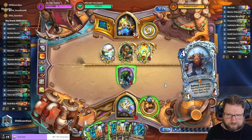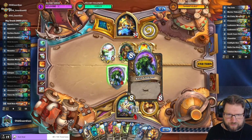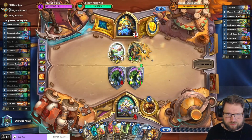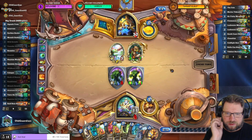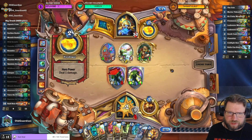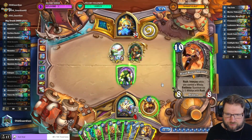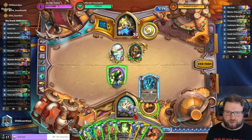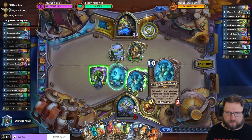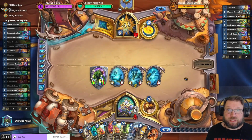Look at that. My hand is overstuffed. We do Scales there. We'll kill that one, I guess. That one's also a potential target, but I think it's still less likely that they can get through these now. Yeah, Chieftain doesn't really help, even with the rush. Okay, we've got this, we've got this. No worries. Now we bring in Neptulon. Neptulon clears. This one goes face. Phew. That was...